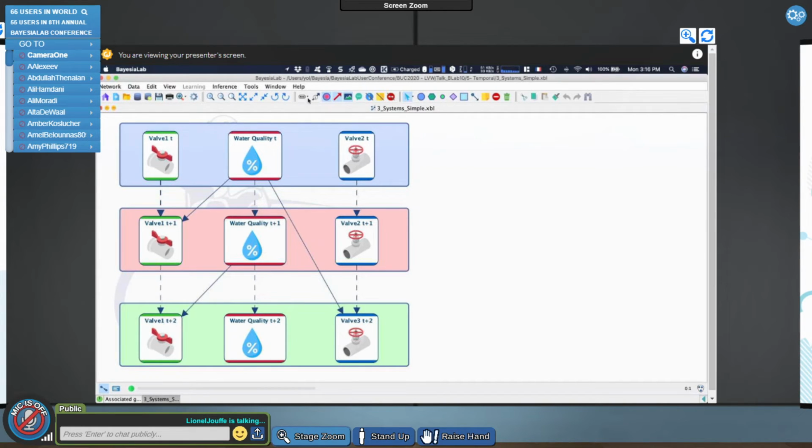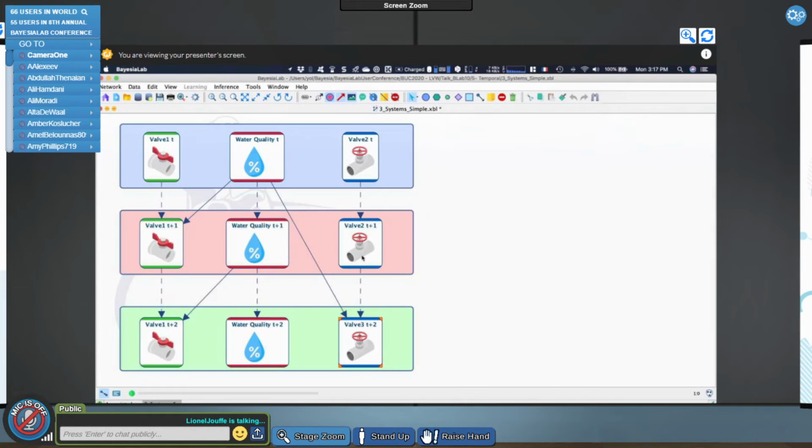The water quality at time step t has an impact on valve t plus 1, and the water quality at time step t has an impact on valve 3 at t plus 2, right? So at the end of the day, it's quite complex. And what you have in this compact representation is that at time step t0, these three nodes are independent, right?